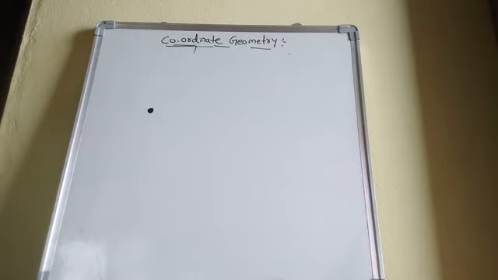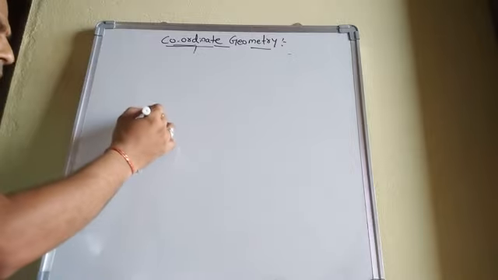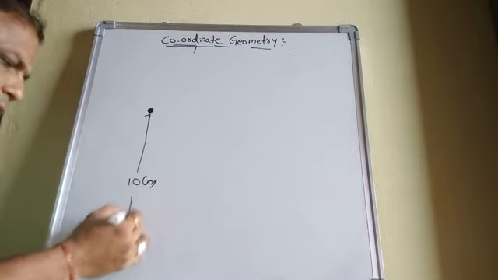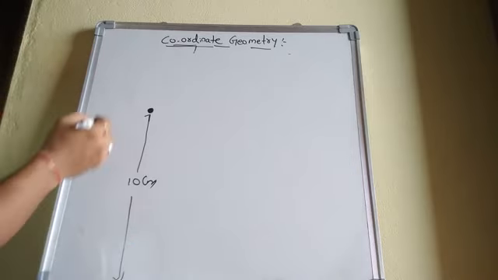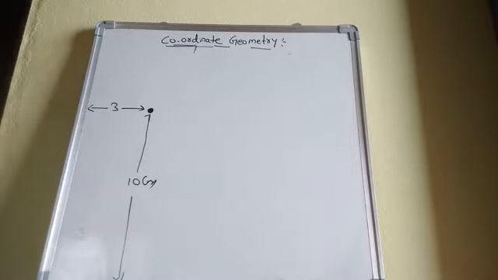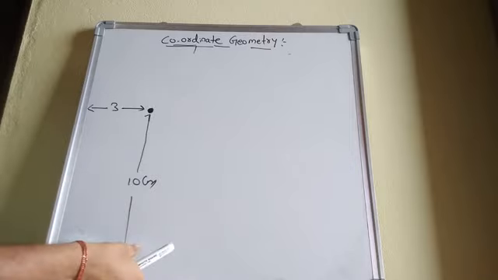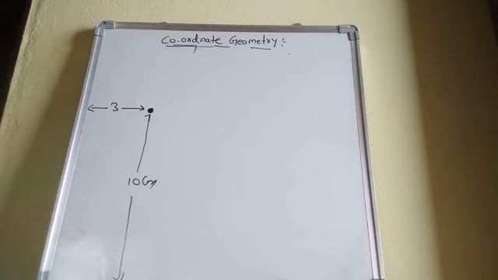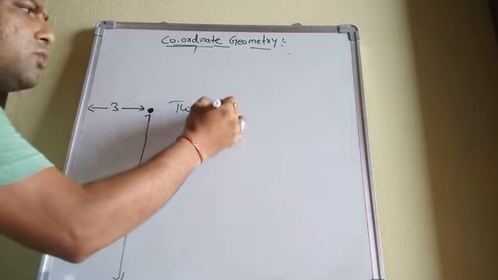Then how can we get the exact location of a point on the plane? Can we get it in this manner? If I say this point is at a distance of 10 centimeters from the bottom of the board, and also around 3 centimeters from the left side of the board, then can you locate an exact point on a plane? Yes, we can locate an exact point on a plane. So now what have you understood? To locate a point in a plane, what do we require? We require two pieces of information.